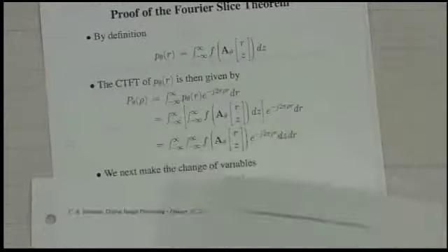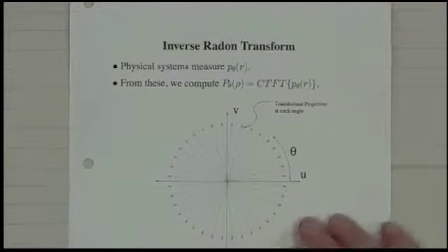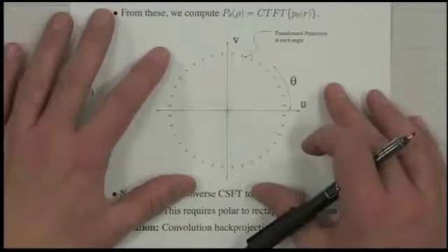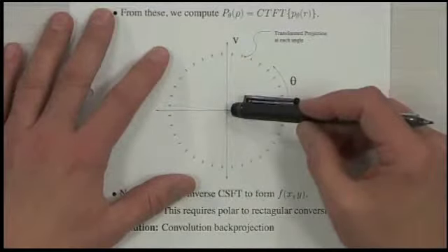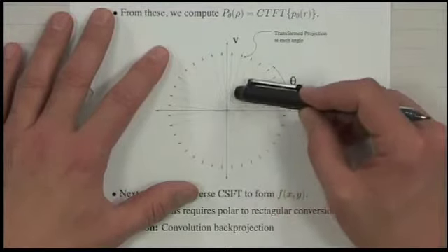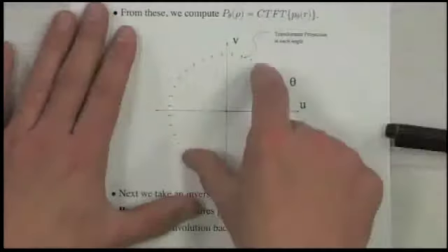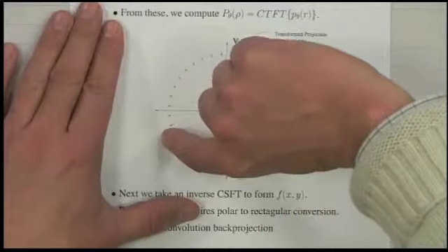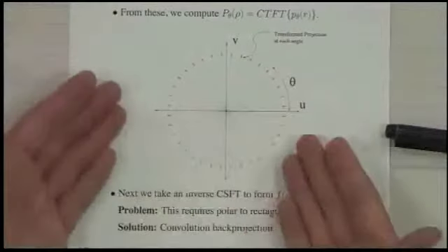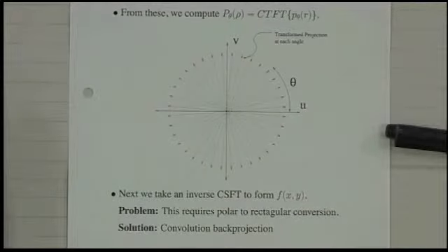So it's a beautiful result, because what it means is this. This is how to visualize it. We'll talk about this next time. If you took the 2D Fourier transform of the object, then when you take a projection and you take the Fourier transform of the projection, you're basically looking at the 2D Fourier transform along some ray at the associated angle. So if you lay these together at all the different angles, you're getting the 2D Fourier transform of the object in polar coordinates. So all you have to do is take the inverse Fourier transform. You just lay down polar coordinates, take the inverse Fourier transform, you're done, okay?